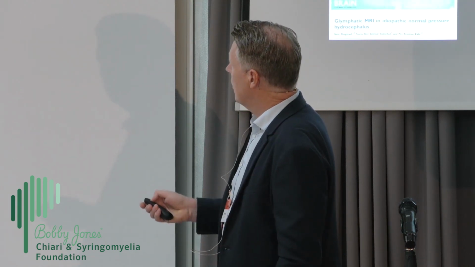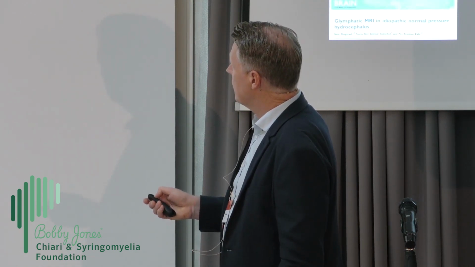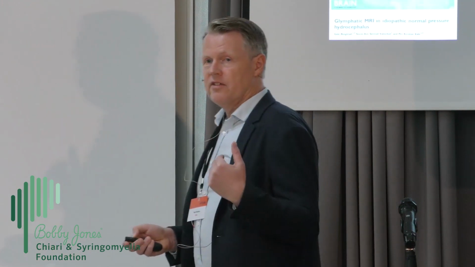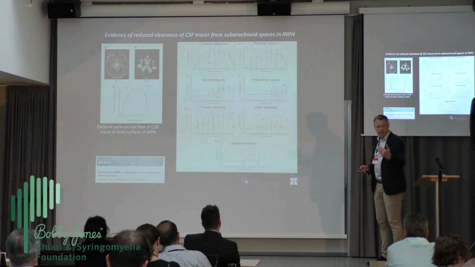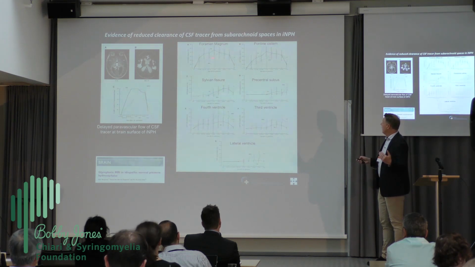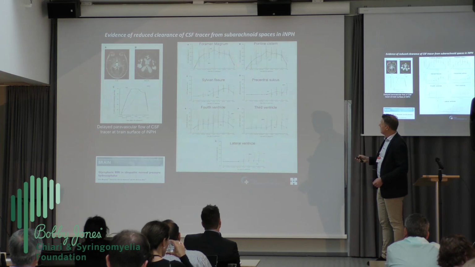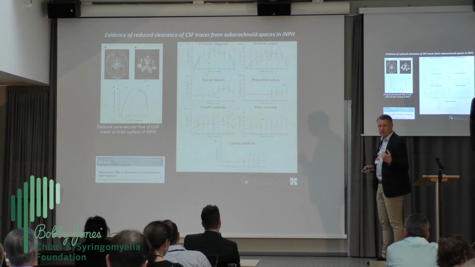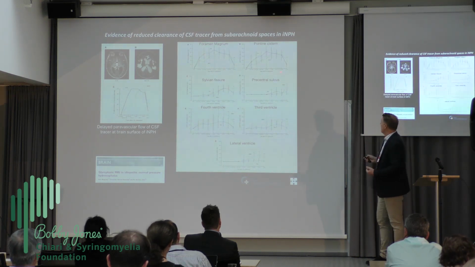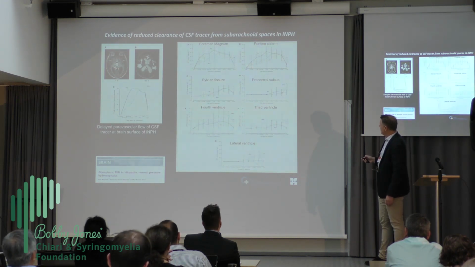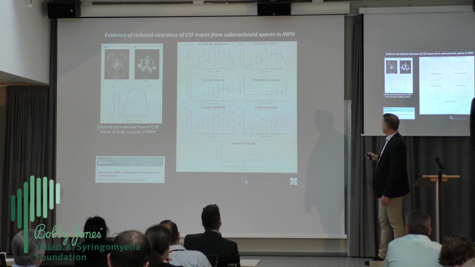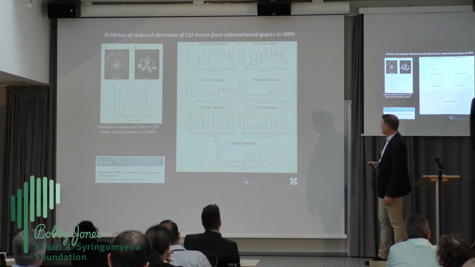At the cranial cervical junction, we can see in normal pressure hydrocephalus that the CSF tracer is arriving later, and the clearance, this is after 24 hours, is delayed. And this is the same in the pontine cistern. Again, later in iNPH, cleared at a lower rate or more slowly in iNPH. Sylvian fissure, it's the same,